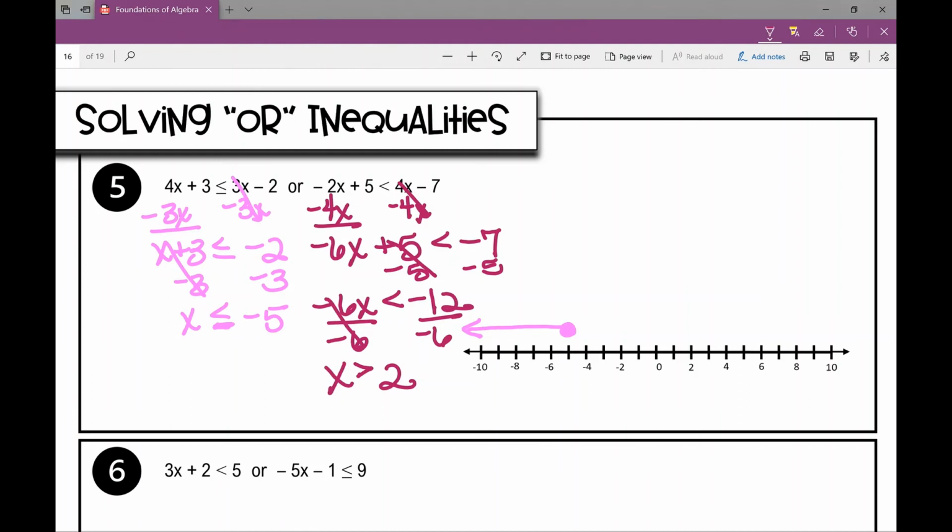X is greater than 2. Open dot or closed dot at 2? Open dot. And which way would I shade? To the right. So this is an example of an or inequality that you're probably used to seeing, where you